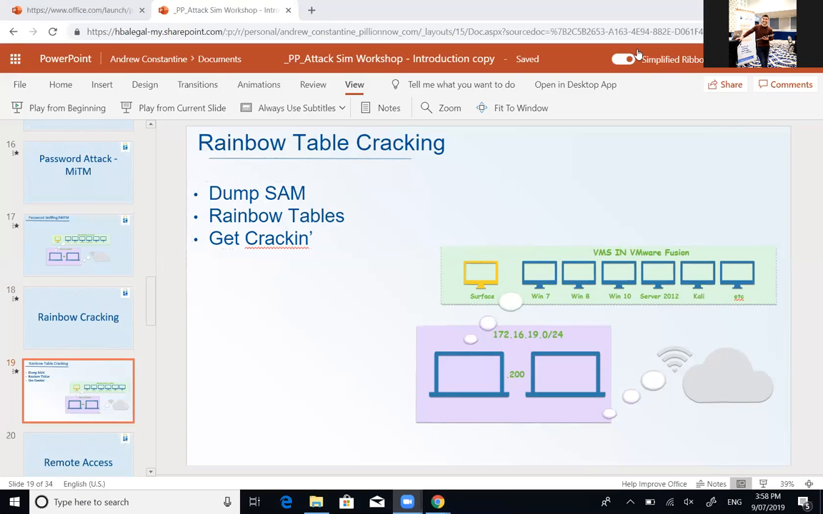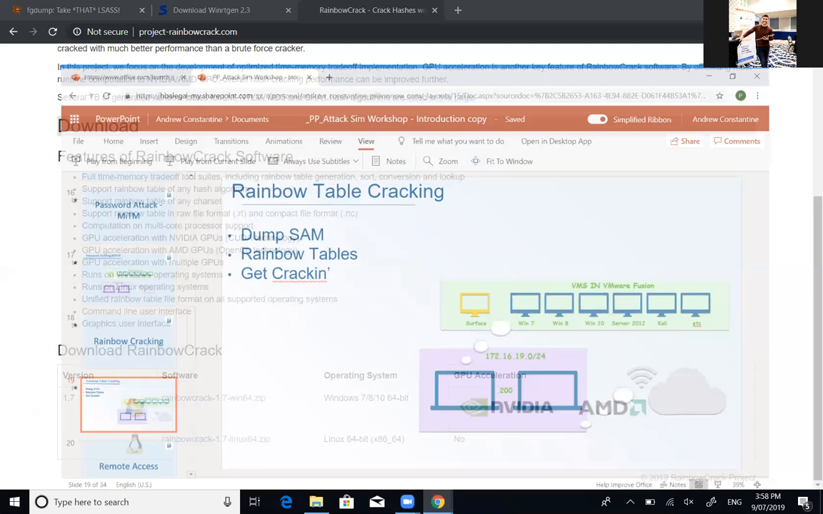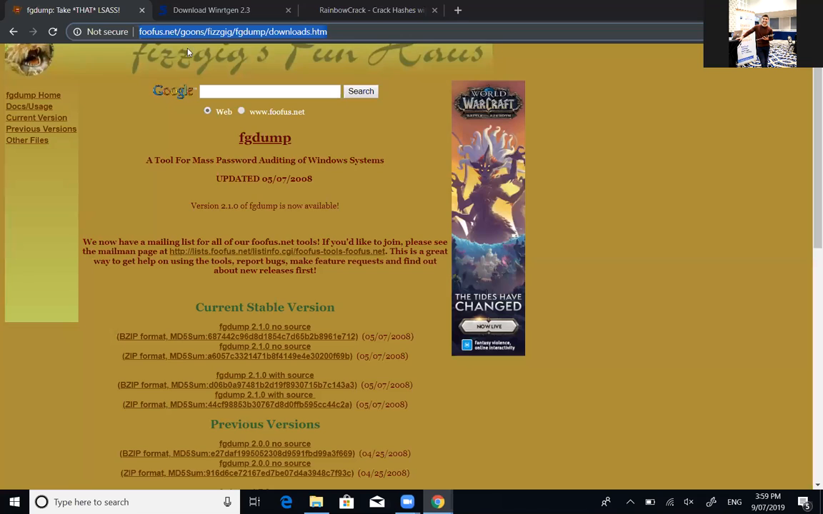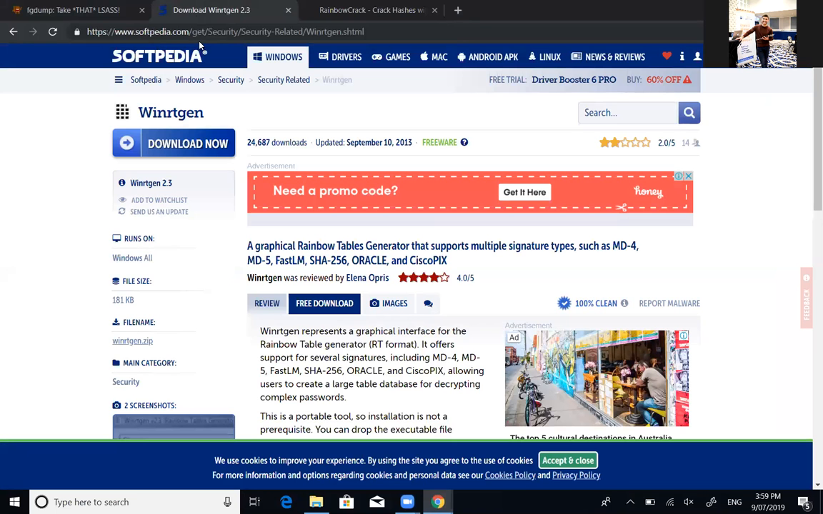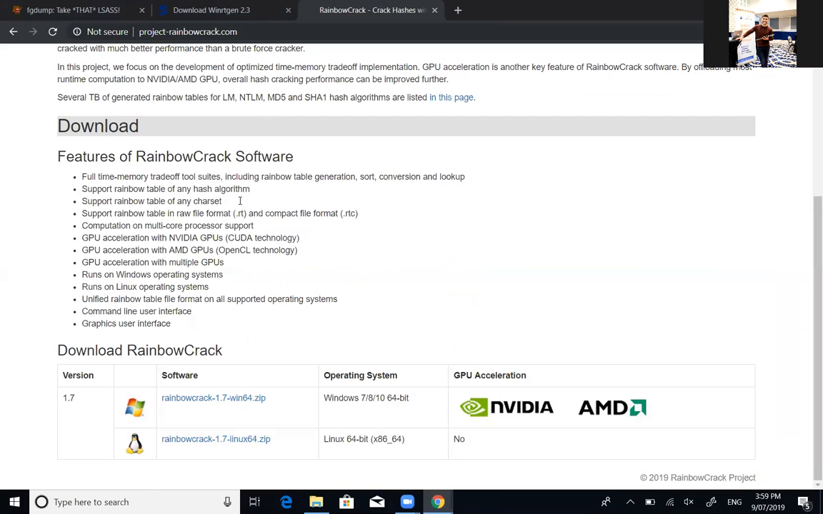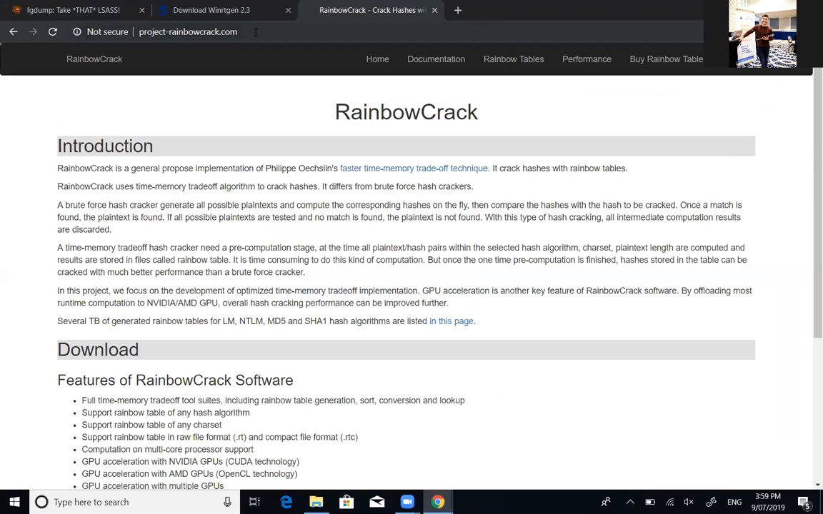All right, cool. So let's minimize that. We've downloaded those three tools: FGDump, WinRTGen, and RainbowCrack. Just for your FYI, guys, we got FGDump on Softpedia, and WinRTGen, which is going to generate our rainbow tables. And the RainbowCrack project, project-rainbowcrack.com, is where we download our RainbowCrack software to break the hashes that we